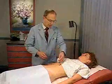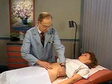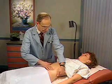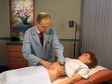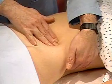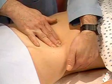All right, I'm going to see now if I can feel the spleen. Next, palpate the spleen. With your left hand, reach over and around the patient to support the left lower posterior rib cage and adjacent tissue. Place your right hand on the abdomen, low enough to detect a large spleen, and point your fingers toward the